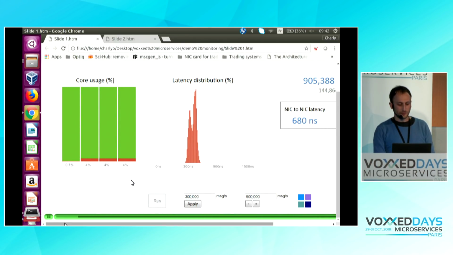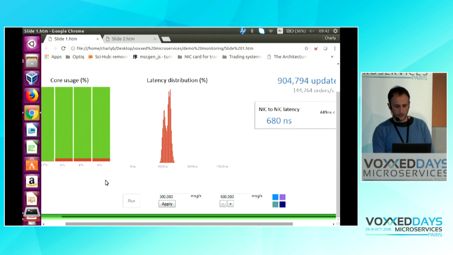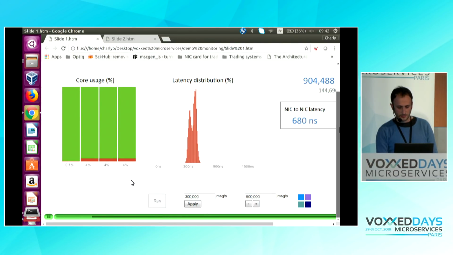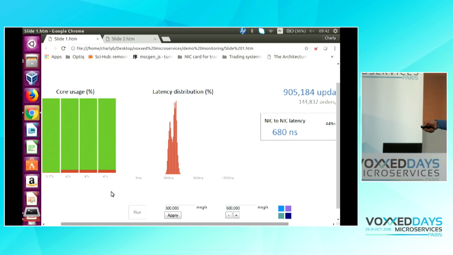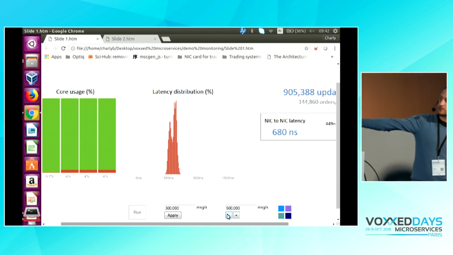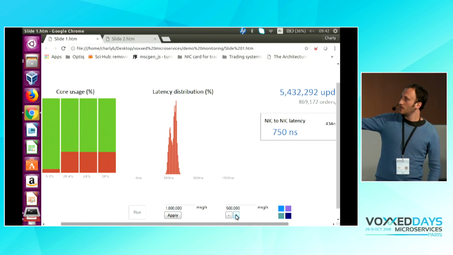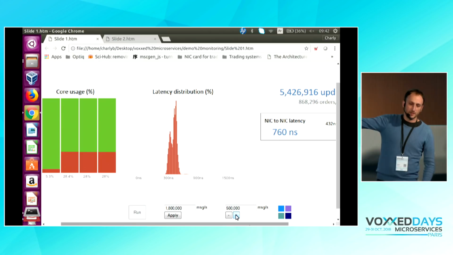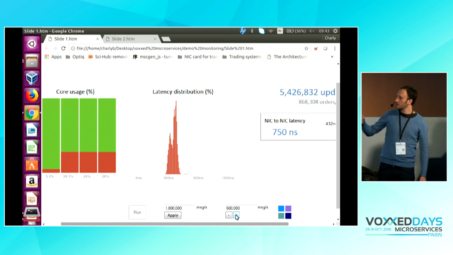This is not the code demonstration. The code demonstration will be done over there. However, what we show here... Okay. Let me show you something. So this is one core, another core, another core, another core, okay? And I have producers and 2 consumers there. What you see here is the throughput. What you see there is the latency between the producer and the consumer. What you see there is the distribution.